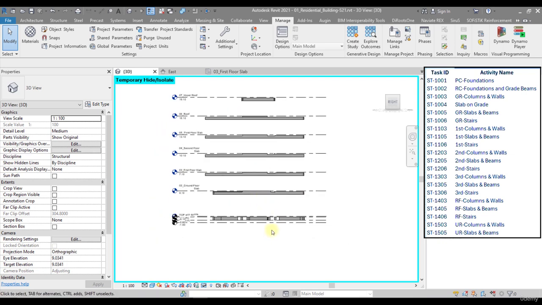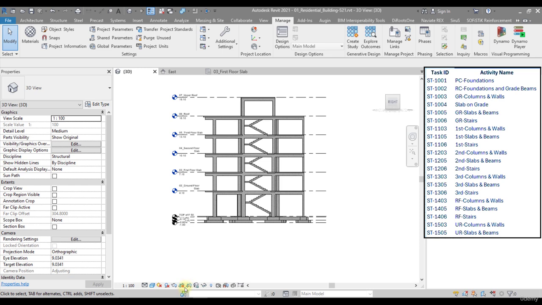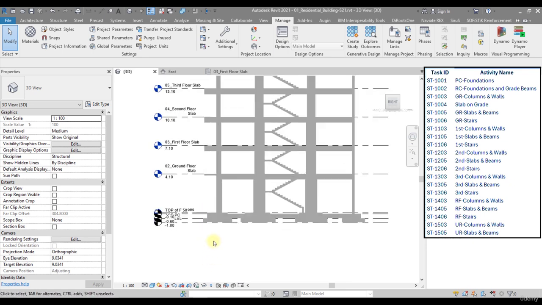and we can click HR for reset temporary height isolate. The shortcut key is called HR for it. If you haven't changed the default values,